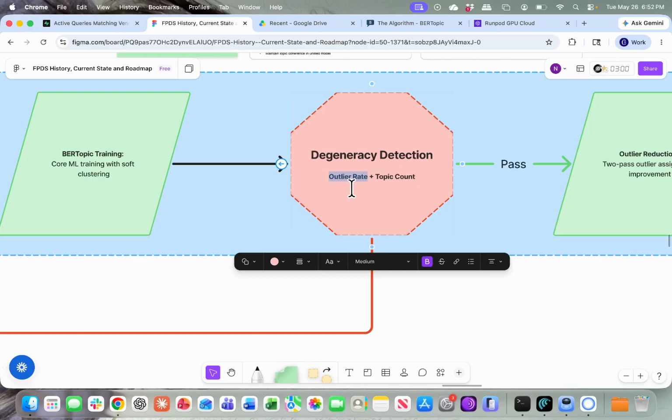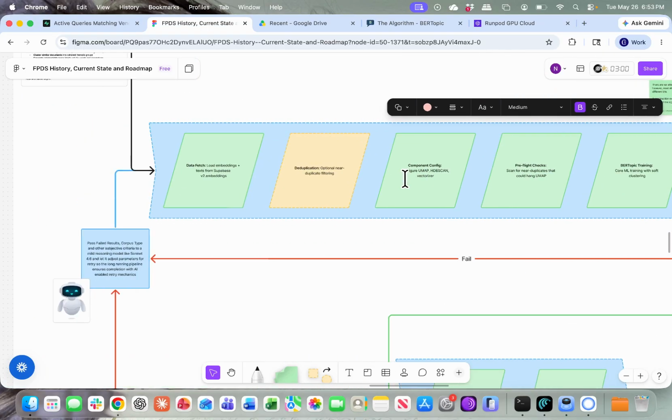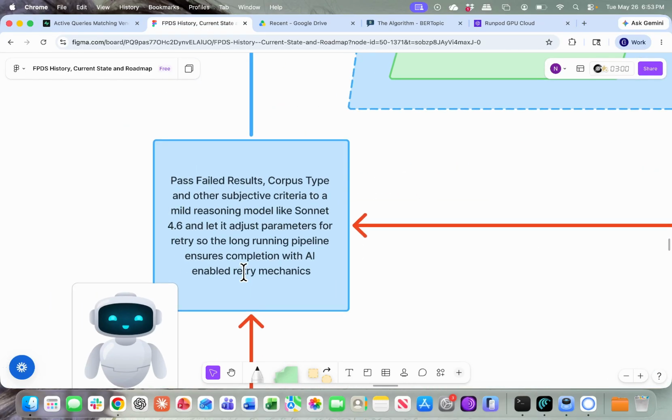Usually that's a prefixed percentage of 35 to 40%, depending on the size of the corpus, and then topic count, which is based on the document density and document quantity. This is our expected document count. If it's too small or if it's too large, it fails, and then it gets passed to a small reasoning